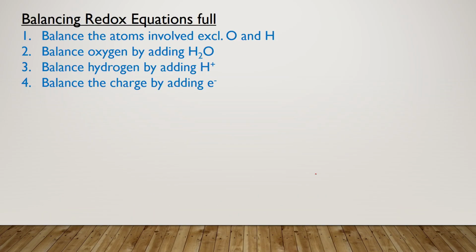So basically we're going through the same steps as before, but now we're doing it to 2 different half equations at the same time. So we're just going to go through and balance for silver. It's going to be silver 1 cations, so we just have to balance for charge. All the other steps are already done in this case, so we can jump straight to balancing for charge